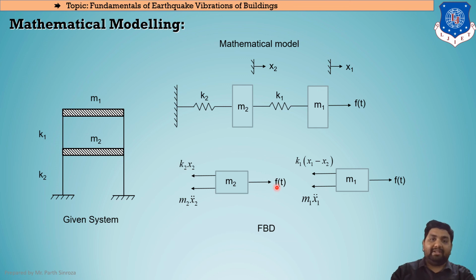Force will be the same. There won't be a division into Ft1 and Ft2. If we talk about the free body diagram of M1, then inertia force will be due to M1. That will be M1 into x1 double dot, but keep in mind now x1 will be different. Here x1 is the displacement occurring through this portion, that is the rigid frame. So up to this part x2 has already been covered. This is x1, so we need to deduct this much displacement to get the actual remaining displacement in this portion. So the displacement in this portion will be x1 minus x2.